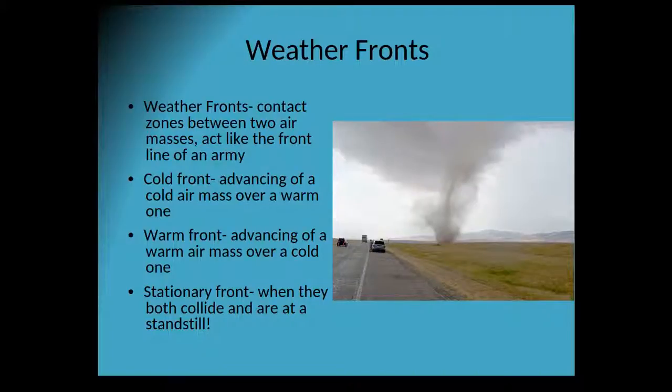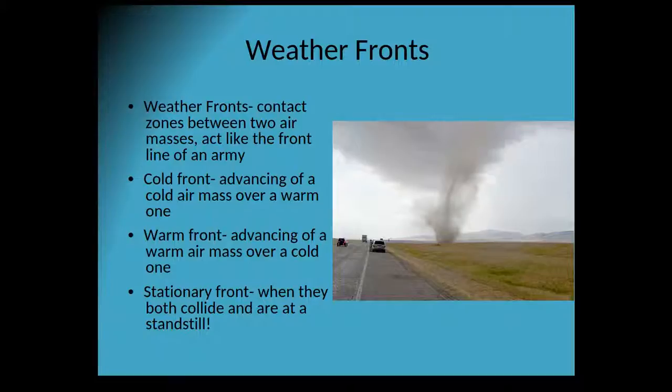Now, when we talk about weather, we're going to learn how to read a weather map today, which consists of a lot of weather fronts. A weather front is basically contact zones between two air masses. Picture this as two armies, kind of colliding. There could be a hot air mass and a cold air mass. These fronts are like the front lines of the army, the first things that come in contact with the other